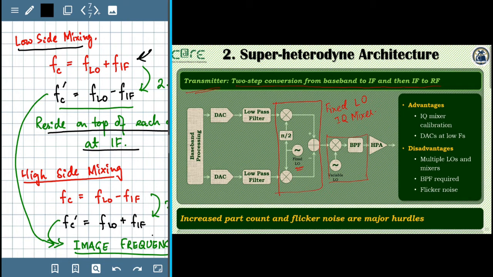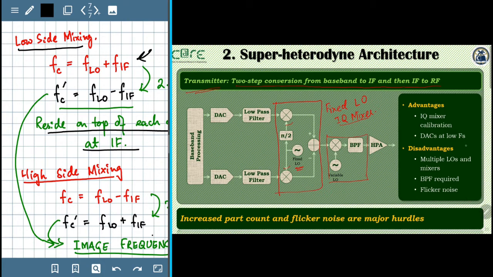Now, as you can see, the advantages are IQ mixer calibration. The IQ mixer calibration is possible because if you operate the IQ mixer at a fixed LO frequency, we can do a lot of precise calibration to ensure that not only the amplitude but also the phase of the carrier signals at that particular LO frequency are precisely calibrated and will always be in balance. So the issue of IQ imbalance goes away. And the second advantage is the same as the previous one: DACs are operating at low sampling